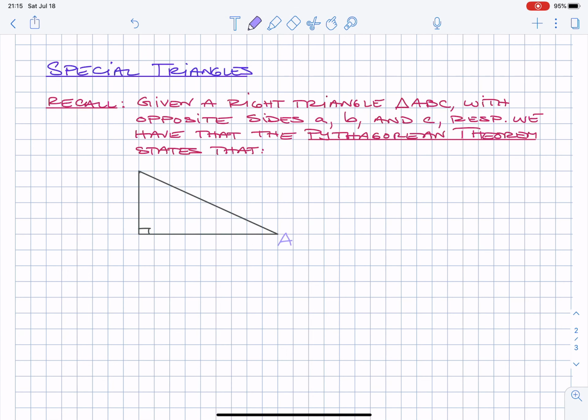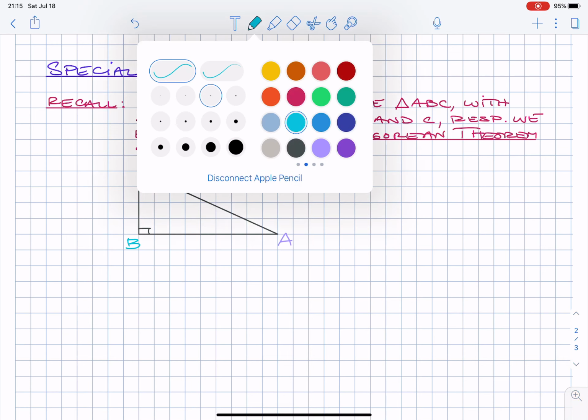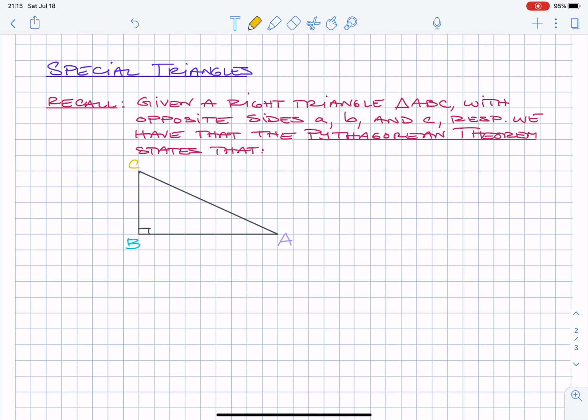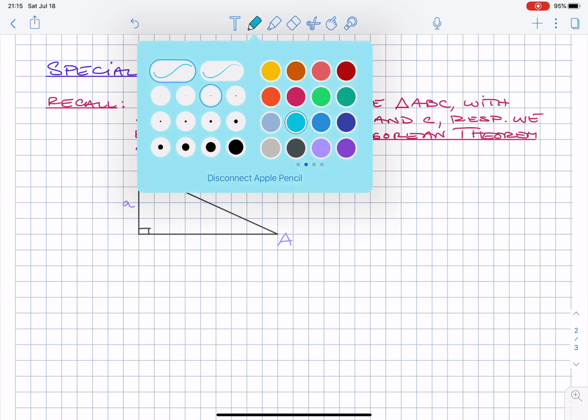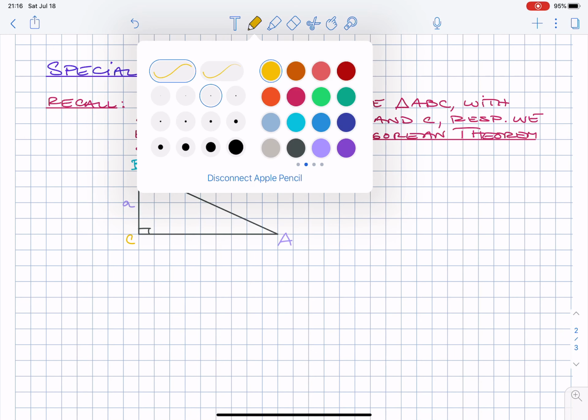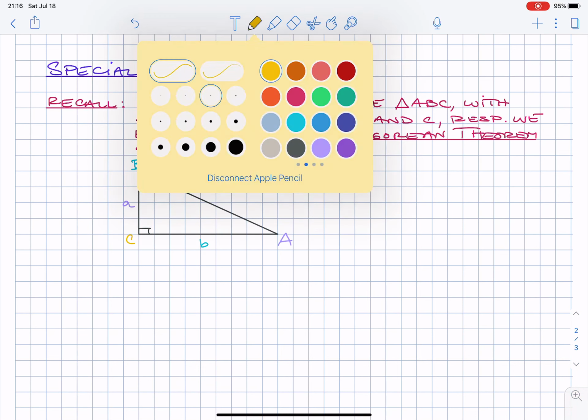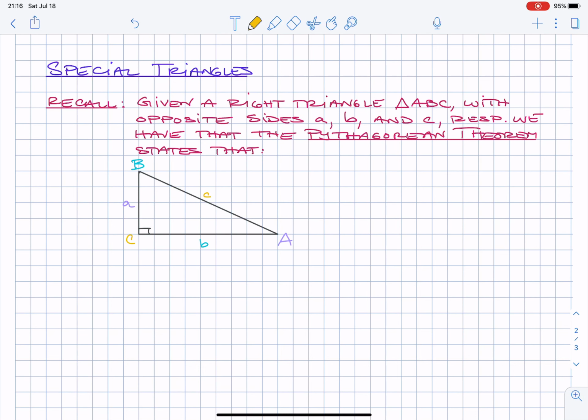That's A, B, and C with opposite sides, little a. Actually, I'm going to put C at the vertex. It'll be easier. So let's do B up here and C at the vertex. Okay, so with opposite sides, little a, little b, and little c respectively, I wanted little c to be the